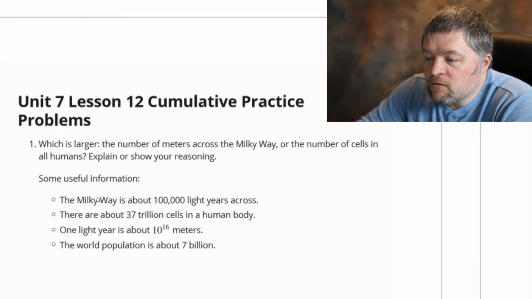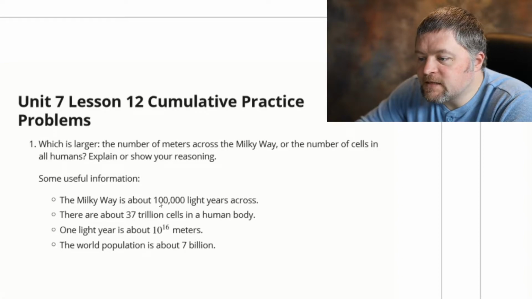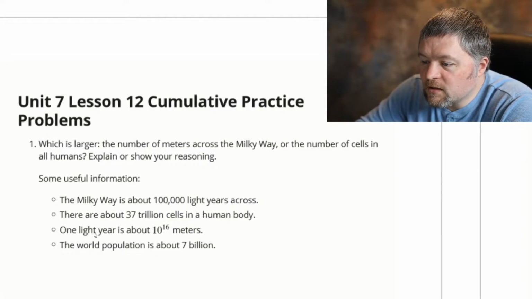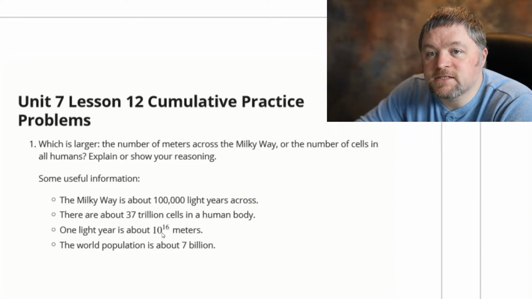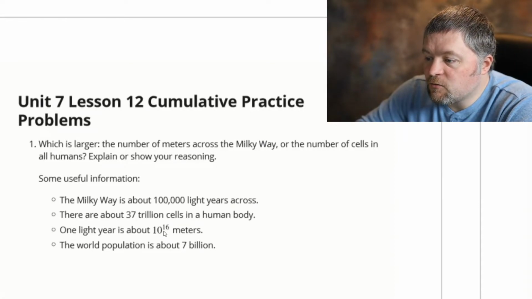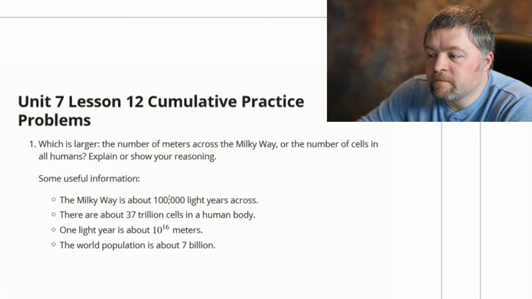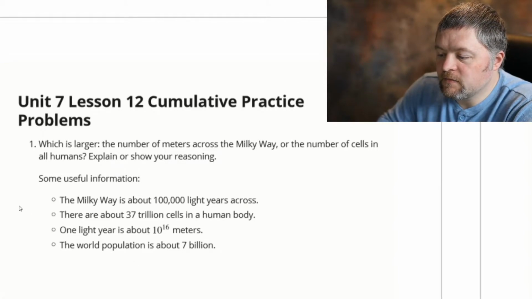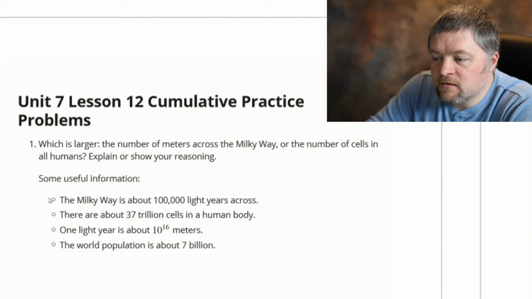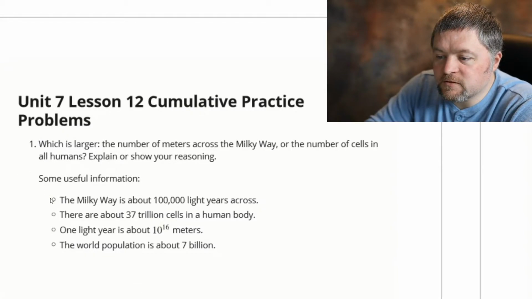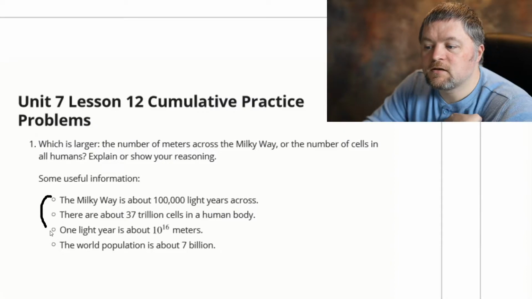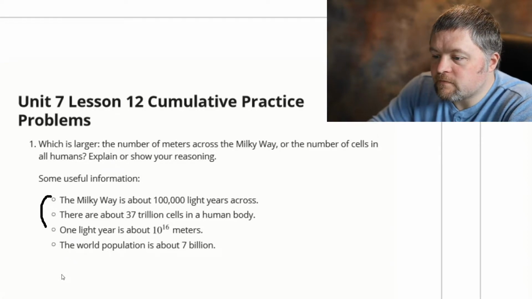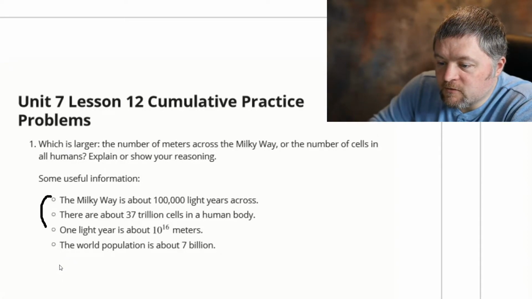So, we know the Milky Way is about 100,000 light years across. We know 1 light year is about 10 to the power of 16 meters. So we need to figure out how many meters it is across the Milky Way. For that, we just have to take the number of light years across the Milky Way times the number of meters in a light year. So to multiply those, we have